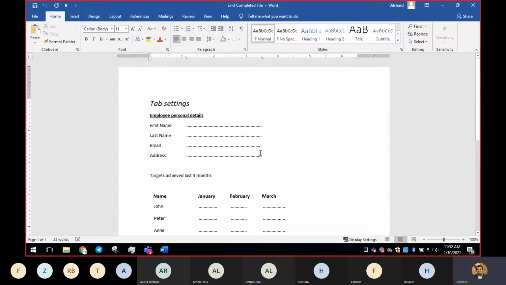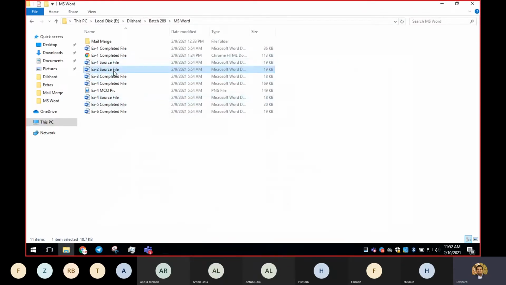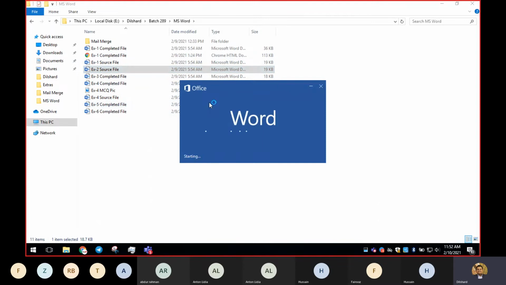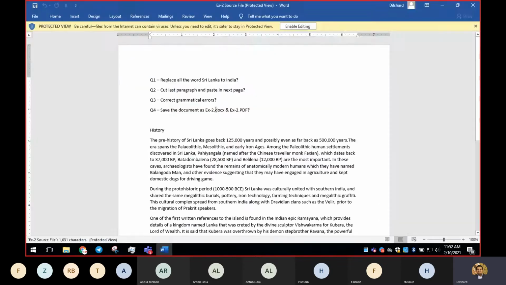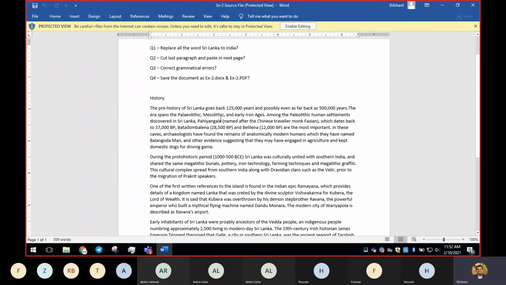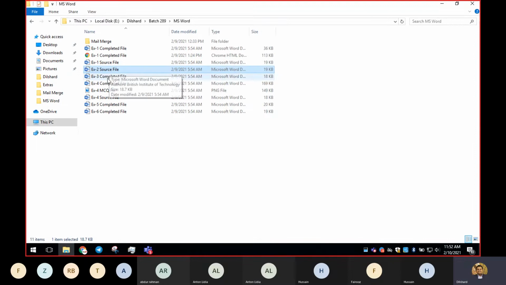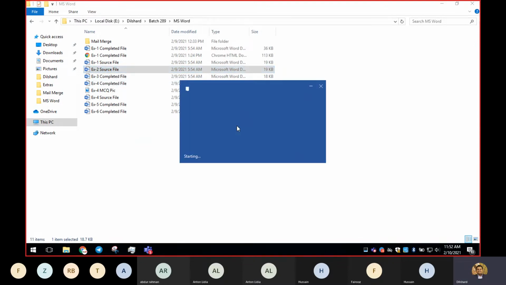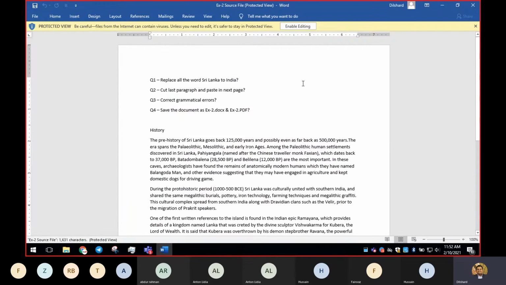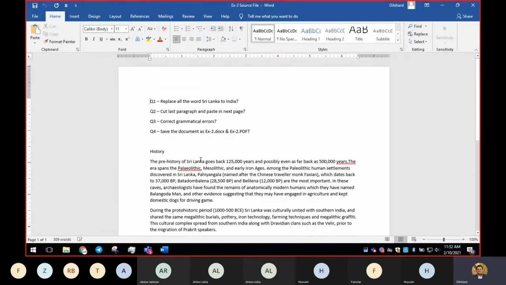Now, to design this small application, let me check whether we have completed the second one. Okay, so there are some things to be completed in the second one. We'll do that and we'll go for the third one. So here it's very simple and straightforward. What they're asking, simple few questions.